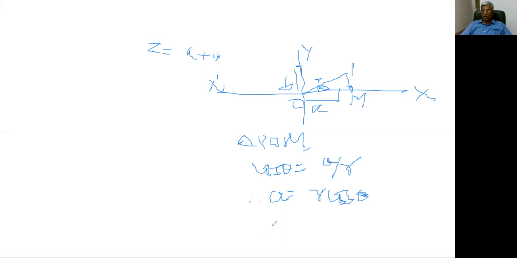Similarly, if you find sin theta, then b is equal to r sin theta. So a is equal to r cos theta and b is equal to r sin theta. Now you see the same. We are going to square this equation and this equation. Then we can find a square plus b square.